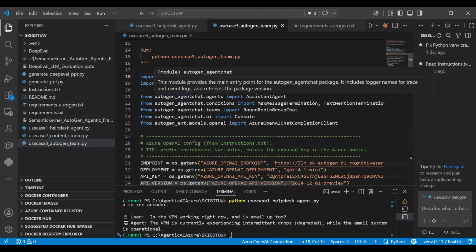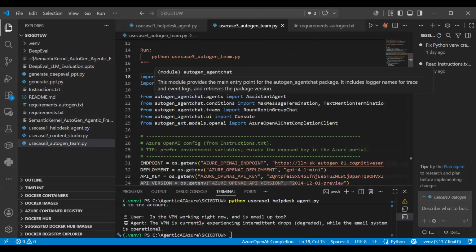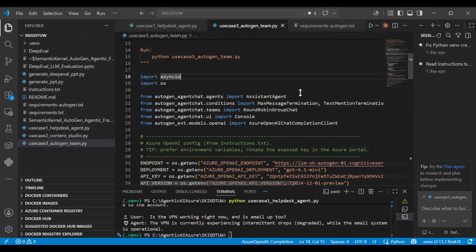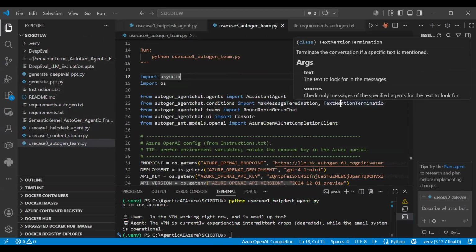Now coming to this one, these are our modules. From our library, autogen, we need one assistant agent. We are importing it, this is the class, importing from this module. Other things we are importing are max message termination and text mention termination, because we have to terminate it also.